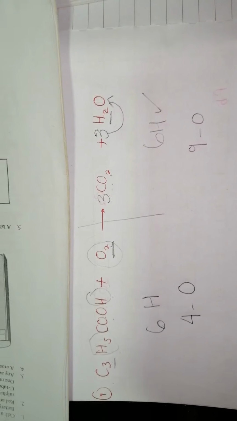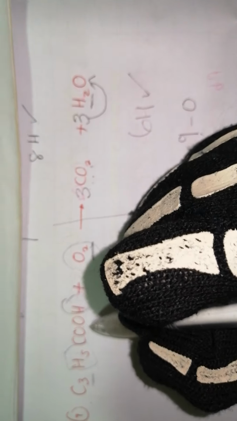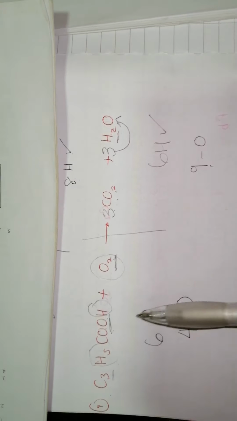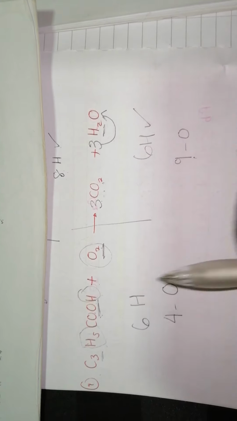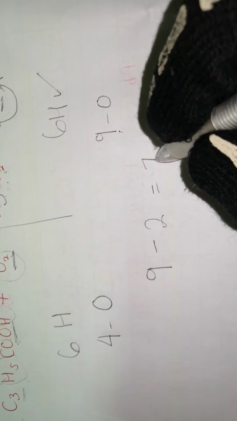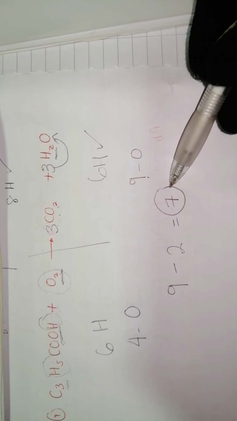Now what you need to do is take these 9 oxygens which you have on this side, and minus the oxygens that you have in this compound, which is not the one you want to change. So only the oxygens you have here, you're going to minus. And here you can see you have 1 oxygen, 2 oxygens. So you're going to say 9 minus 2, and that will give you 7. Right, now you're going to take this 7 and make that 7 the coefficient